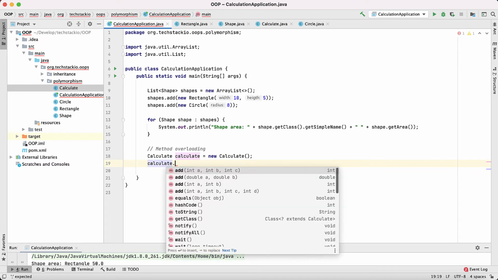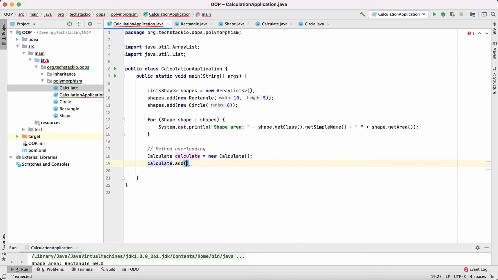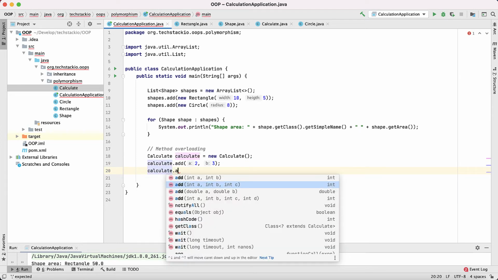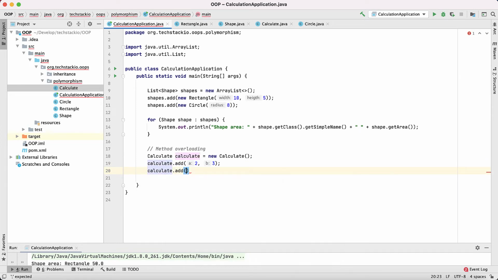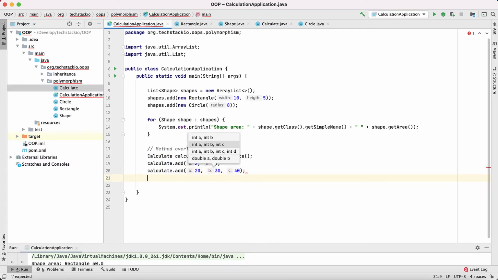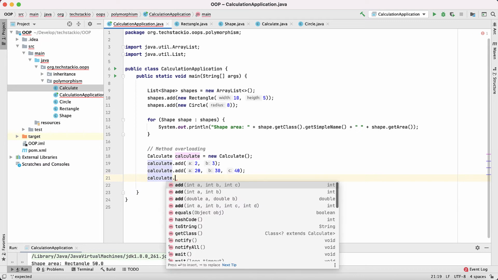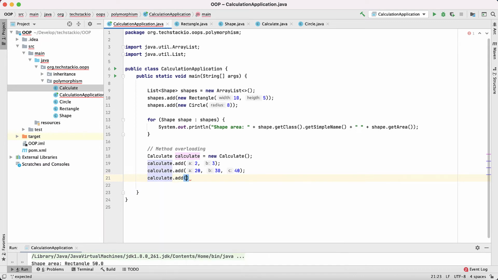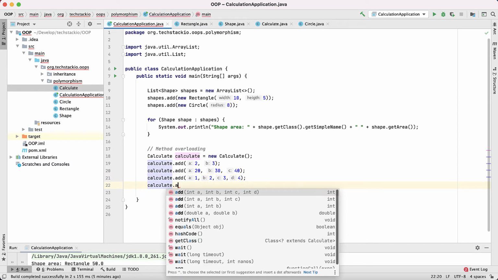I'm creating a class instance for calculate, and calling the add method. We can call the add method which has three parameters as well, and we can also call the add method which has four parameters.